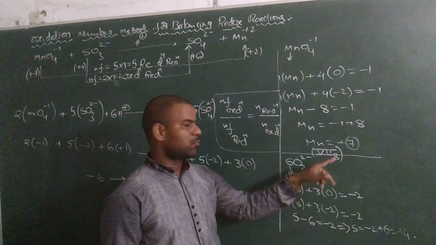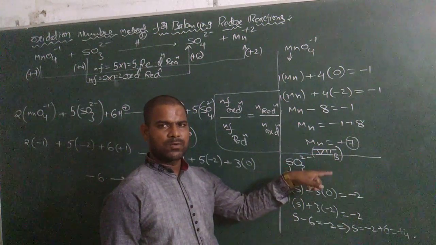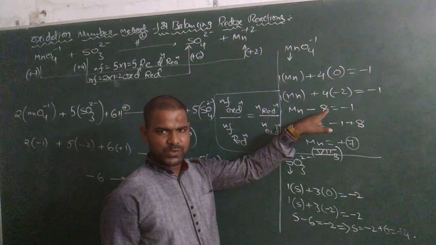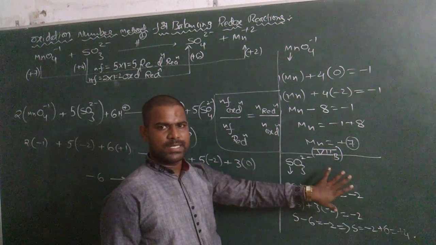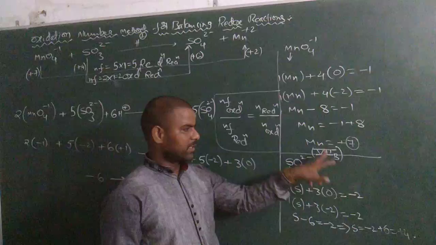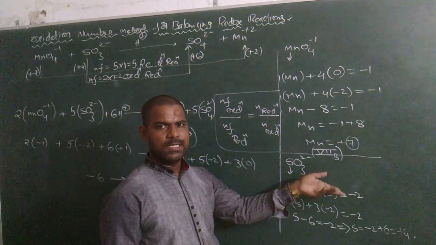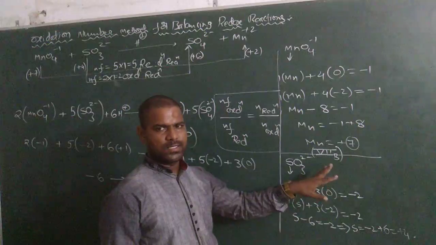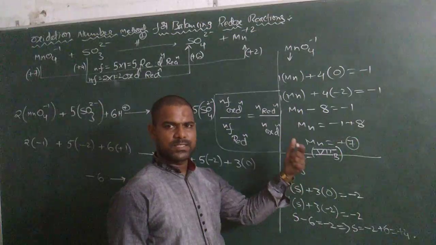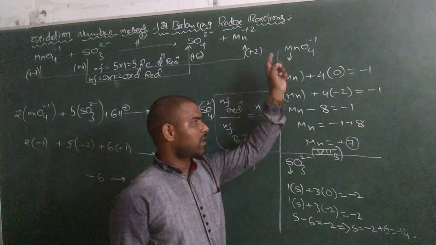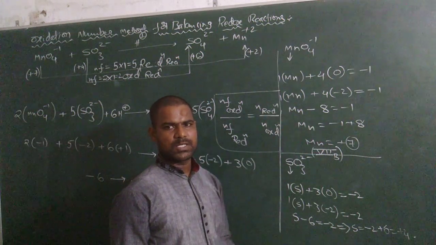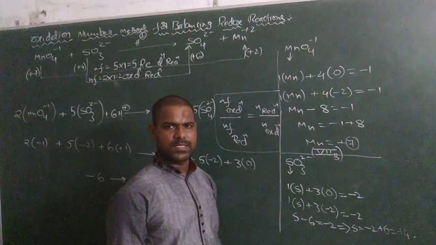oxidation state, which is correct. When you get more than +7, you have to check that all oxygen atoms taken in the -2 state is not correct, when you get more than the group number oxidation state. If you get an oxidation state equal to the group number, or less than the group number in a positive state, it is also okay. If you get more than the group number oxidation state, then you have to check that all oxygen atoms are not in oxide form in the given molecular formula or ionic formula in the chemical equation.